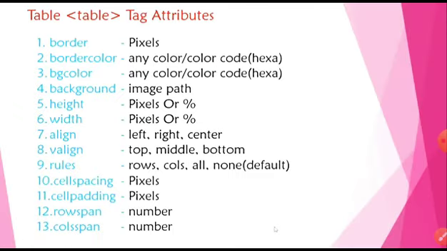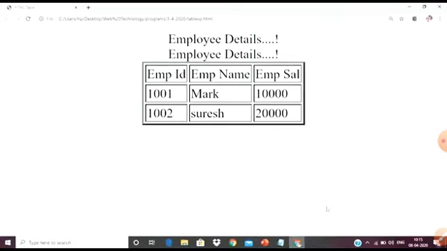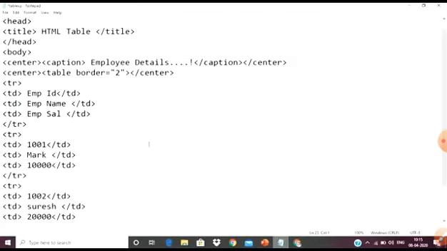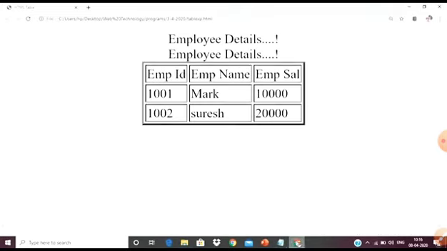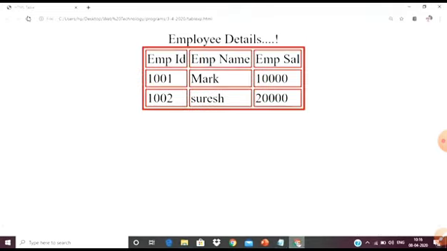Next we find border, we have the red border, border color. The border color will be the color of our border. So after the table border we write only the border color, BORDERCOLOR, an equal sign, and inside the quotes we write the color of the border. So red, as I have written, and now save and refresh again.